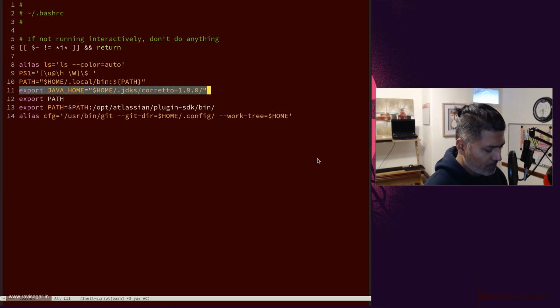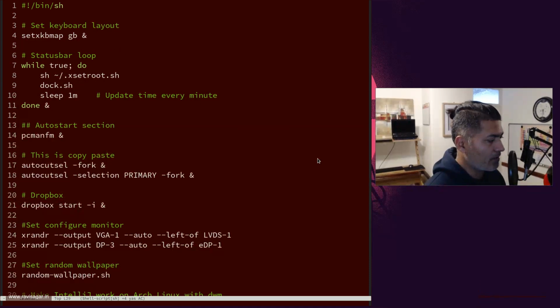Now, there is also this file called xinitrc. Now, xinitrc is also a useful file that will do things when you start your window manager. For example, if I show you my xinitrc, I set my keyboard layout. I also run this xsetroot.sh file, which is basically a file to display